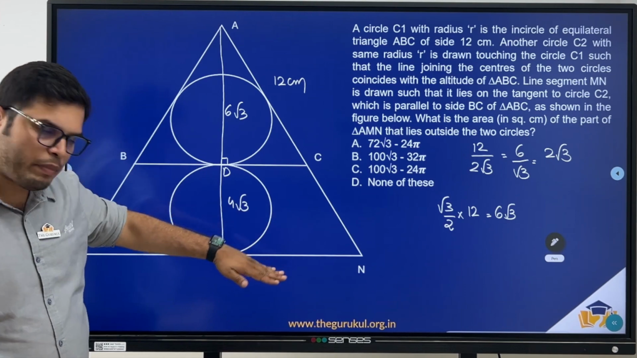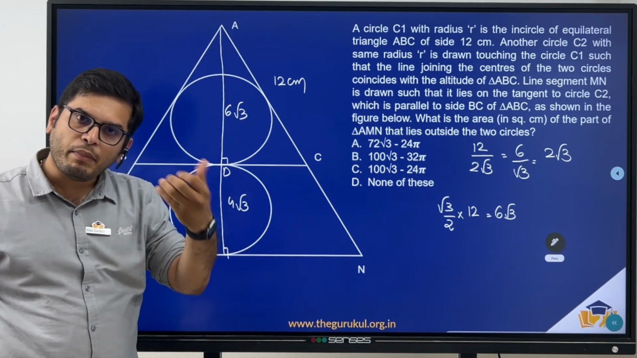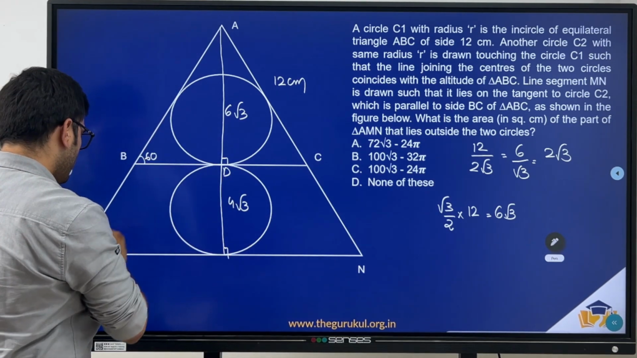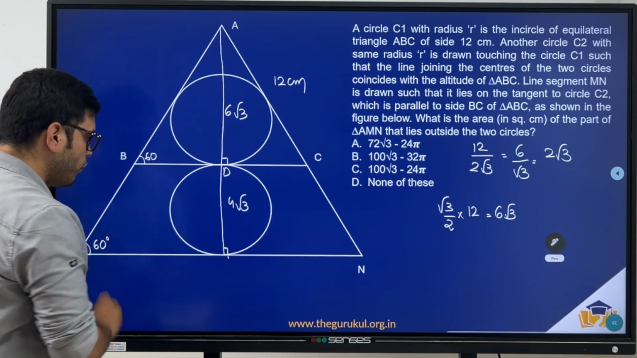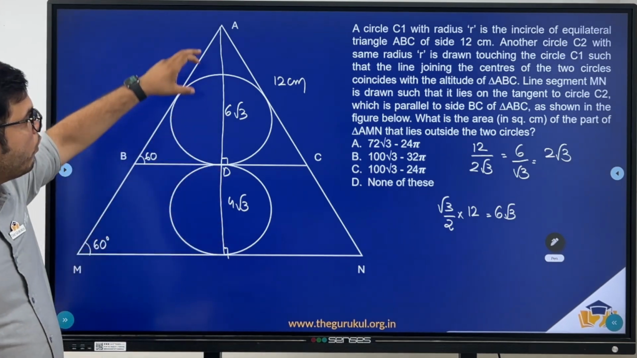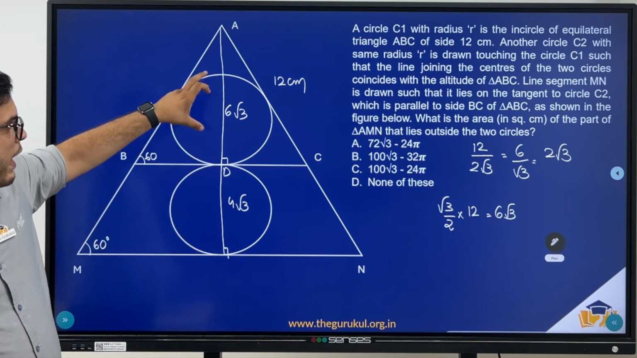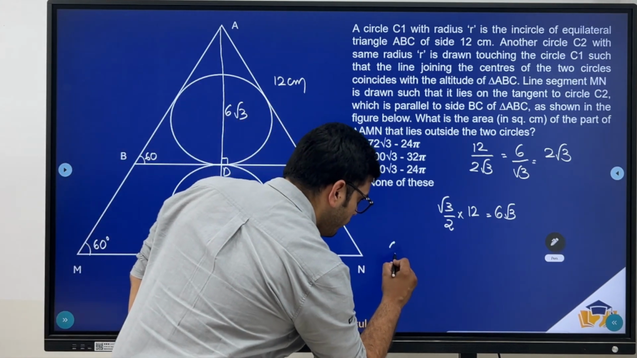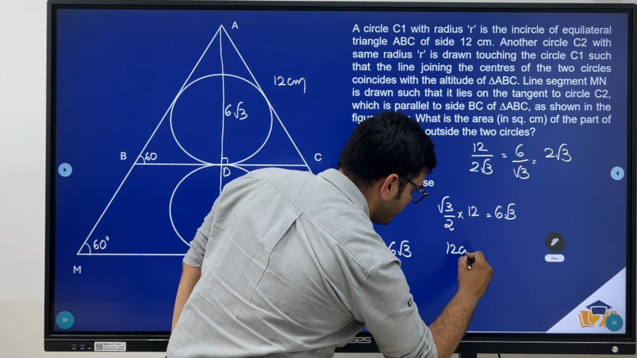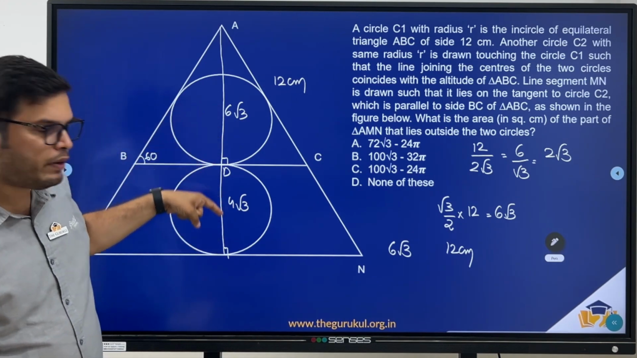Now since these two are parallel, can I say ABC is similar to AMN, because AMN is also an equilateral triangle. Since these two are parallel, if this is 60 degrees, this should also be 60 degrees, corresponding angles. Similarly, this is 60, this should also be 60. So ABC is similar to AMN. Now when the altitude is 6 root 3, the side of the triangle is 12 centimeters. Now when the altitude is 10 root 3, because 6 root 3 plus 4 root 3,